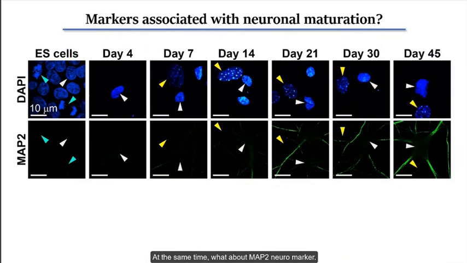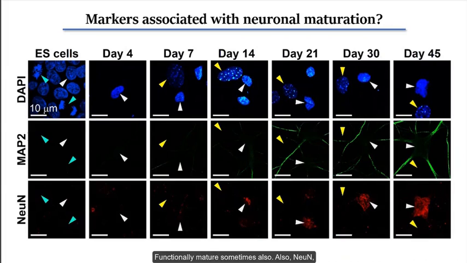At the same time, what about a mature neural marker like MAP2? It is a microtubule associated protein, expressed only when the neurons are very, very mature, functionally mature. People doing in vivo slice studies are always using these mature neural markers to identify mature neurons. You can see NeuN, on the other hand, gradually develops in the cells. So these cells are already becoming neurons within 4 days, but gradually becoming more and more mature in terms of their marker expression, NeuN and MAP2 at least.